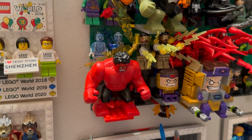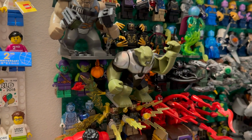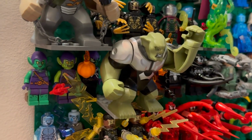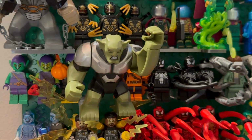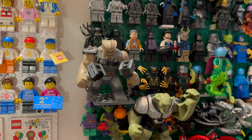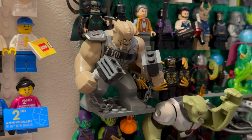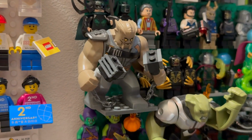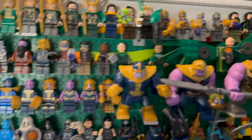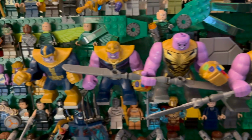movie coming out soon, and they even used the Bigfig template for some other characters, like the ultimate version of Green Goblin here, which is a really interesting Bigfig to do for a character like that. We did get some members of Thanos' Black Order in 2018's Infinity War as minifigure Bigfig style characters here, which you can see. And of course, Thanos himself has gotten a number of different Bigfigs over the years, introducing an